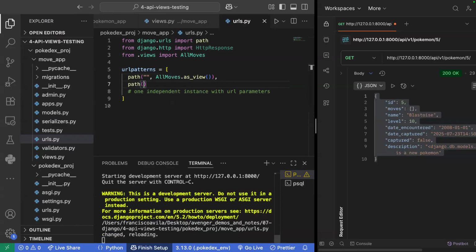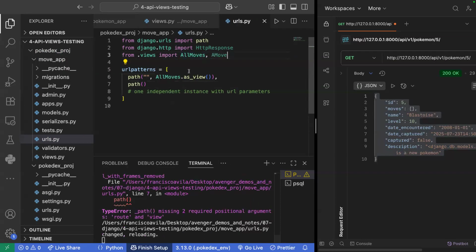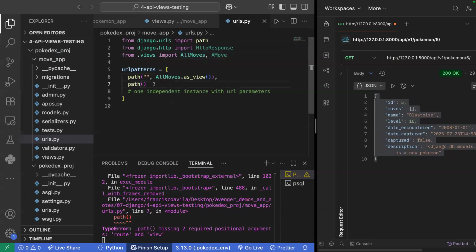All right, so path. In this particular case, I don't think we need to pass any URL because we're in the same folder, and I think the Pokemon project is going to manage that URL. So yes, we do need to import from the views. And then again, there's no URL, so we leave it as an empty string and pass the actual class, which is going to be Moves